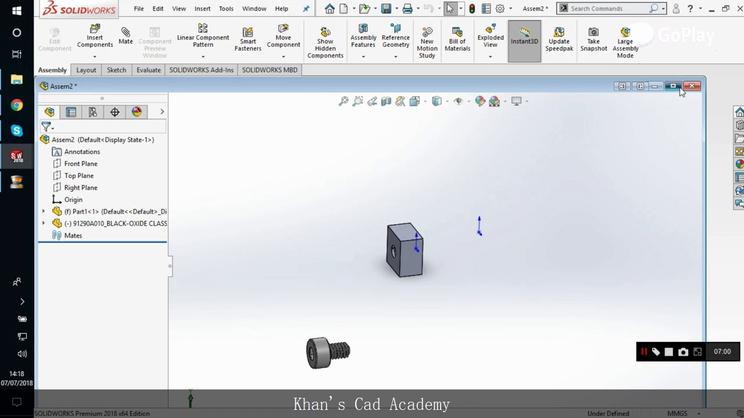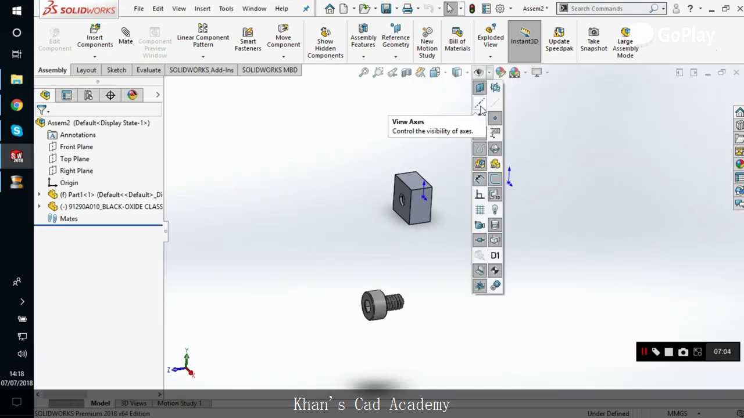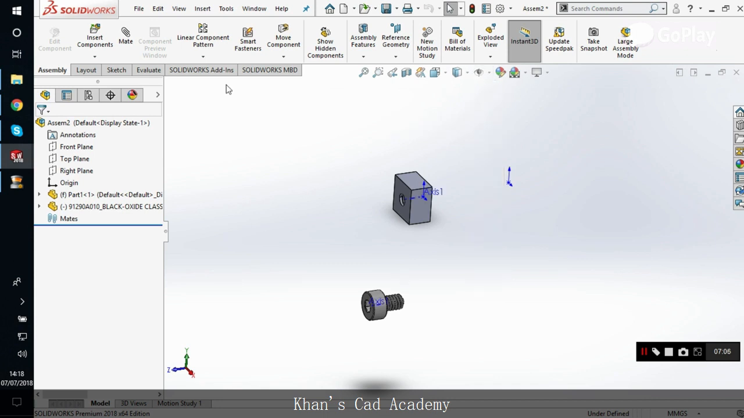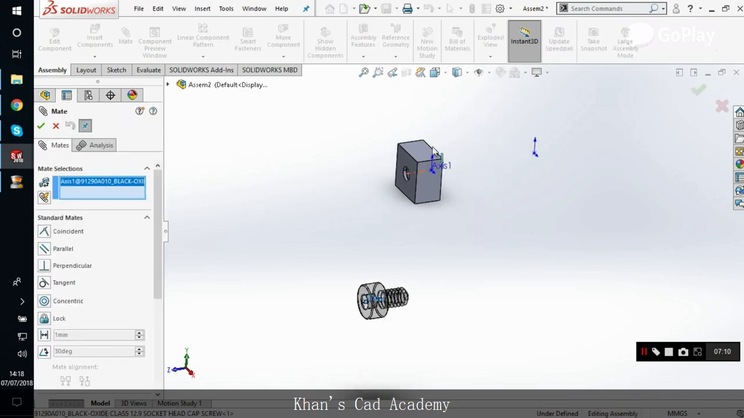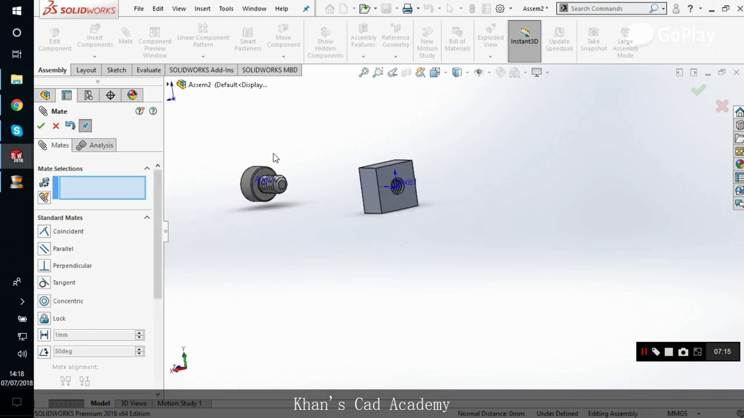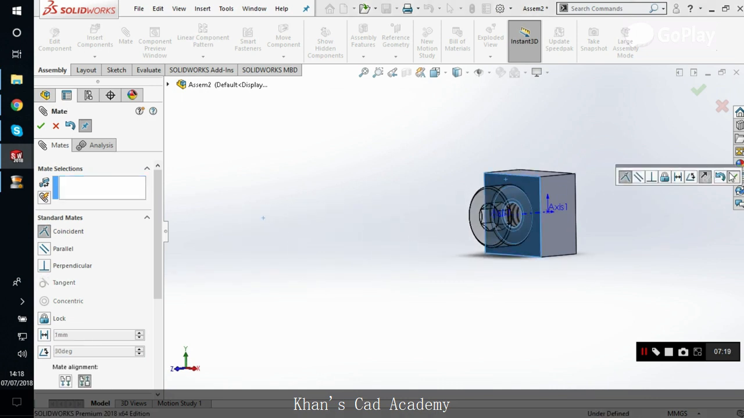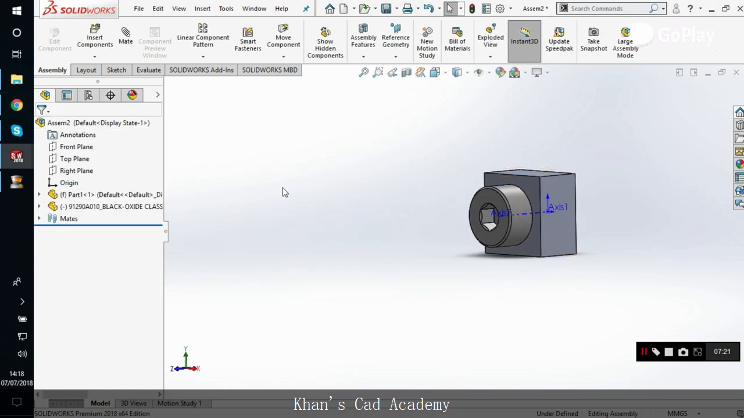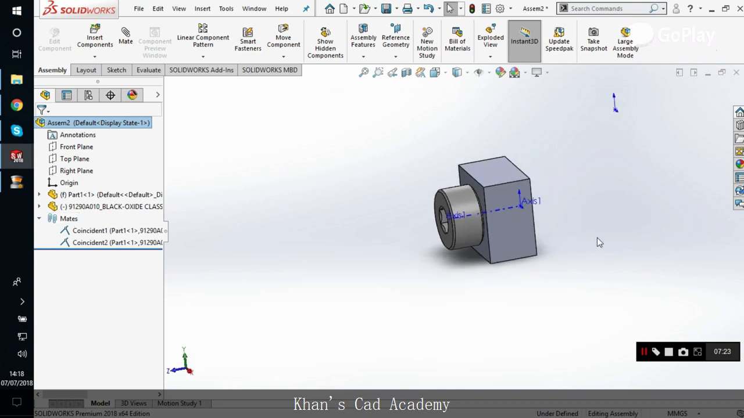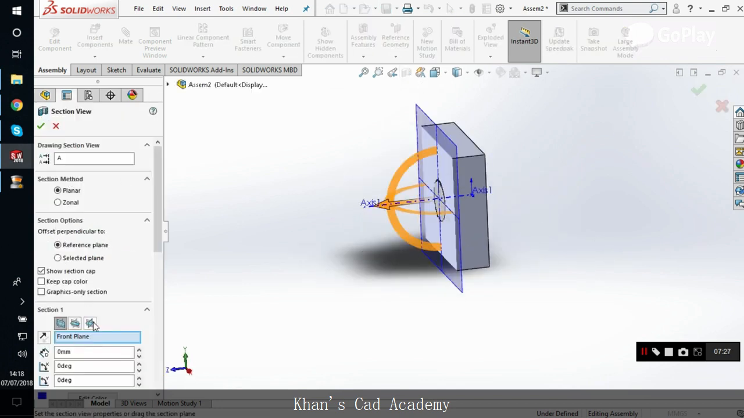Now let's move toward the assembly. For assembly, we should click on view axis. Now go to the mate options. Select this axis and this axis, and now select this face and this face. So the assembly is done. Now just to see the cross-sectional view, you can click on the section view here,